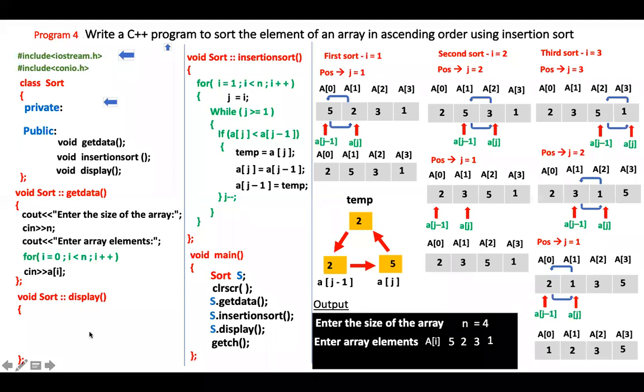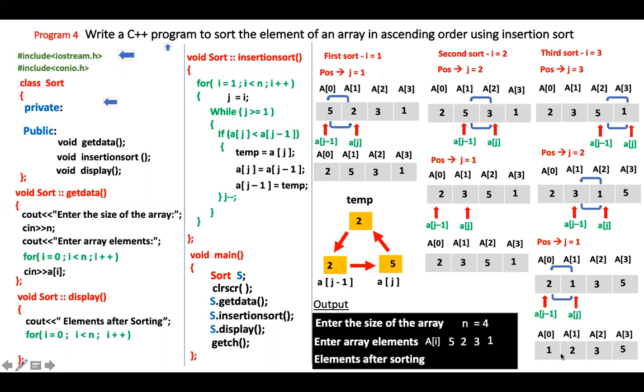Okay. Now, since you have got your ascending order sort, you have to arrange all these elements and display them. So I'll come to my display. Now see out, elements after sorting. I'll write that, and it will show in my output screen as elements after sorting. After sorting, obviously it should display all these elements: 1, 2, 3, 5. So I'll write a for loop because I'm not displaying only one element, since I'm displaying all the elements.